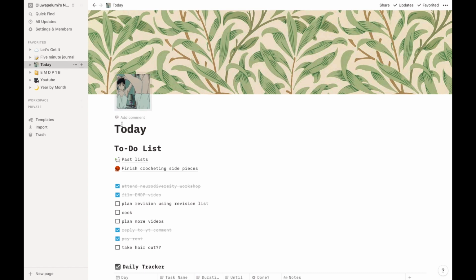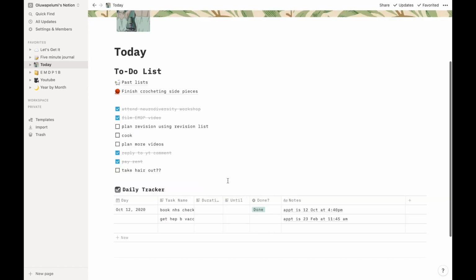So today, I named it today because it's just like my daily to-do list. I really like it. I think it's quite aesthetic. I don't know, do you guys think so? It's aesthetic to me. I put this little gif here as the icon. I think it looks so cute, and she looks like she's getting ready, which basically is what today is, getting ready to conquer the day and get through it. I try to use it every single morning.